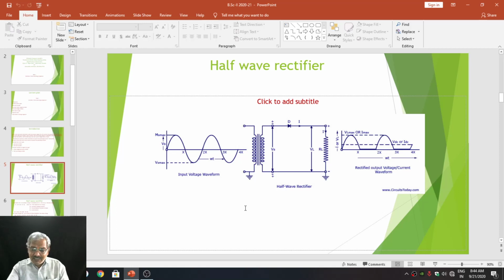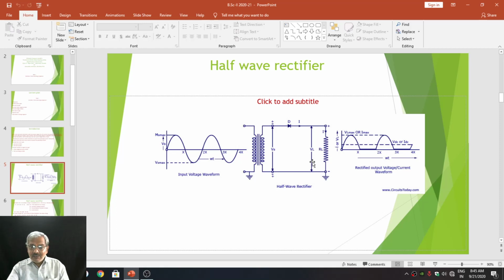When we studied the working, we covered that when 230 volt AC voltage is applied to the primary winding of the step down transformer, it produces reduced secondary voltage Vs, which is equal to Vm sine of omega t. So if suppose positive half cycle reaches the P region of the PN junction diode, the diode is forward biased and it starts conducting the current. So conducting DC current will pass through the load resistance RL and it will develop the voltage VL or VDC across the load resistance RL.